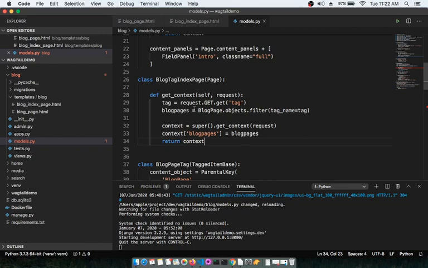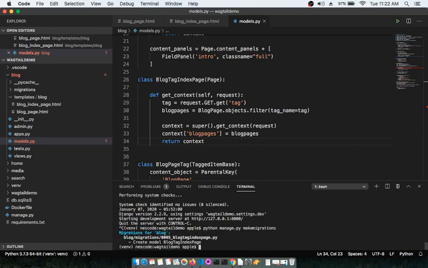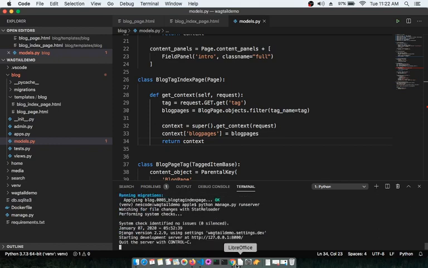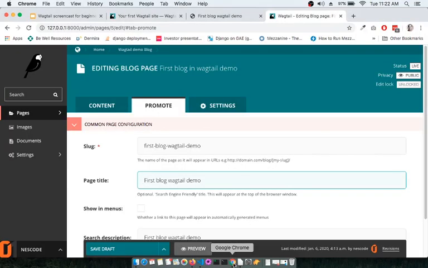So now, since we have updated the models, we need to stop the server and do the make migrations. So python manage.py makemigrations, and you can see blog tag index page has been created. Now let's migrate it, right? Now let's run the server, and if you run the server,